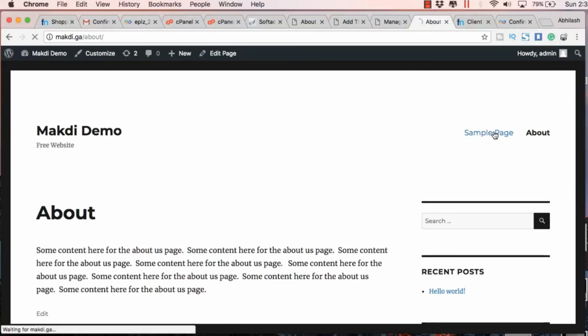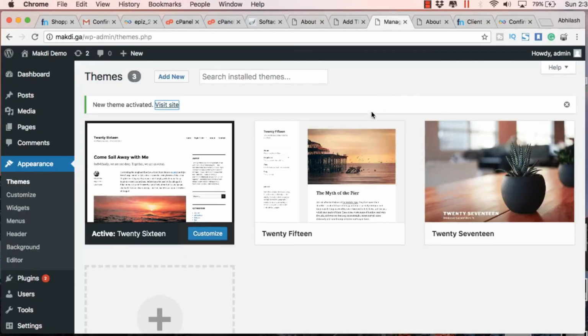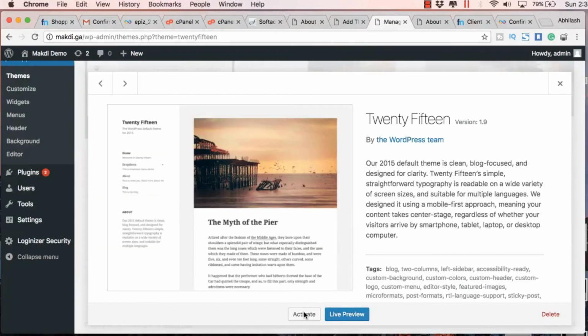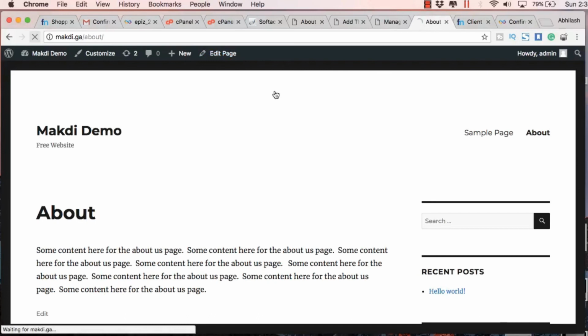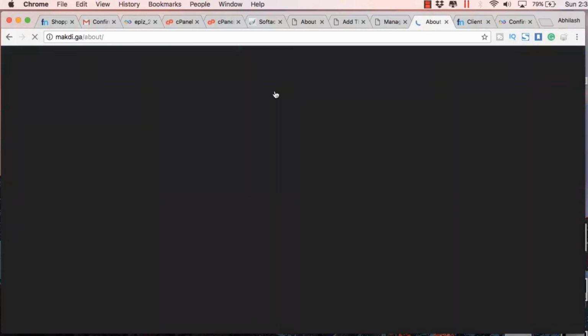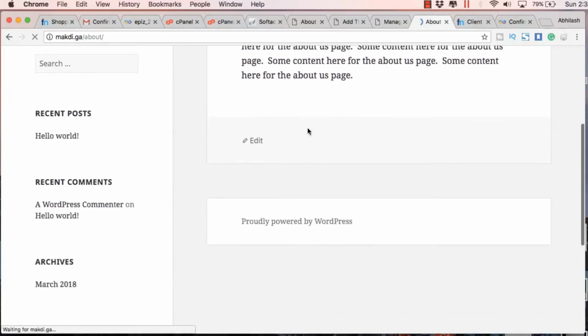So it's that easy. It's even easier even after you have posted some content to the website. Now that's the specialty of a content management system, and WordPress is one of those CMS. So this is one of the other themes which is available in the WordPress backend.